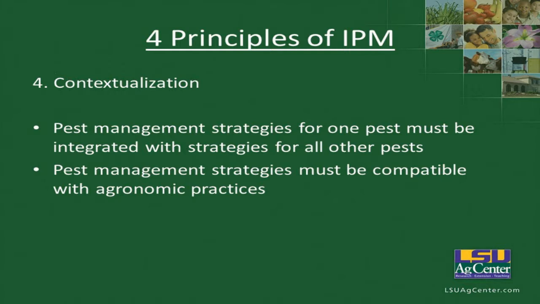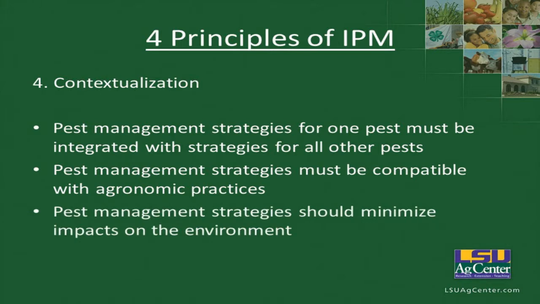So in other words, we can't have a pest management strategy that's just not going to work, and use that we're going to not be able to harvest our crop at the end. And these pest management strategies should minimize the impacts on the environment. Once again, we're trying to reduce our impact on the earth so that our agricultural production systems can be sustainable